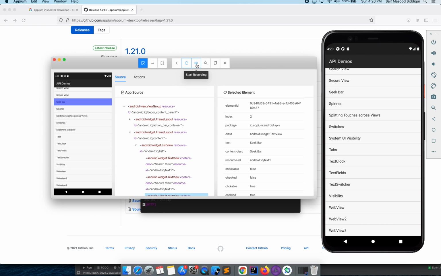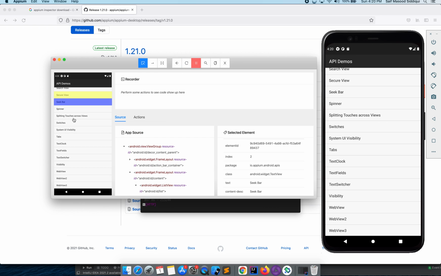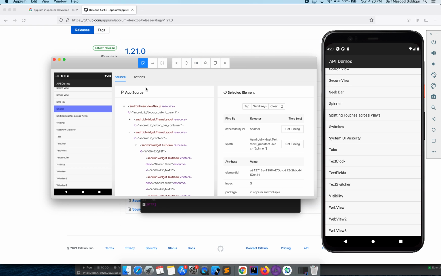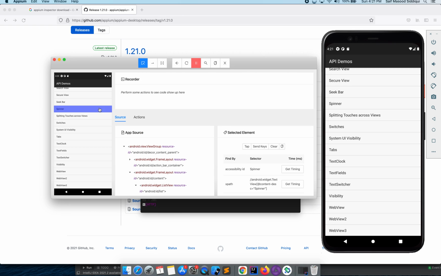So here if I want to record some steps, I can do that. Say for example I press this record button and I will click on this and I will say tap. What the record button will do is, if I start recording and I want to click on this, then I need to click on tap.